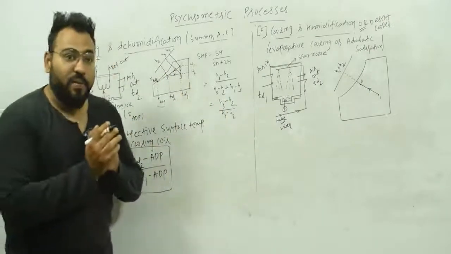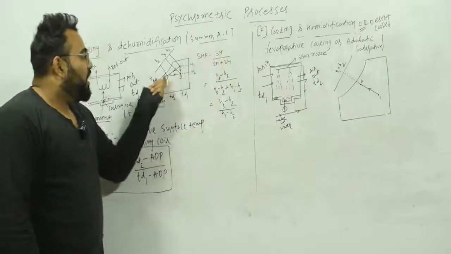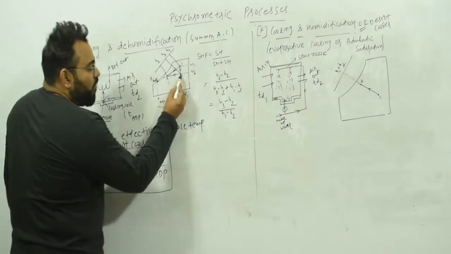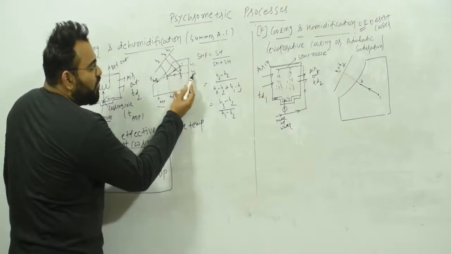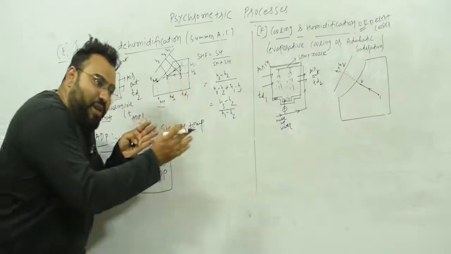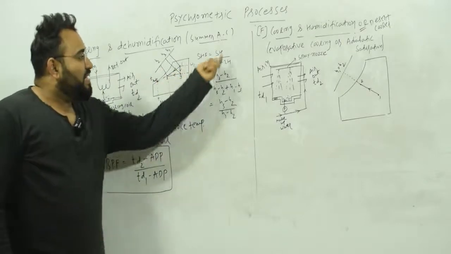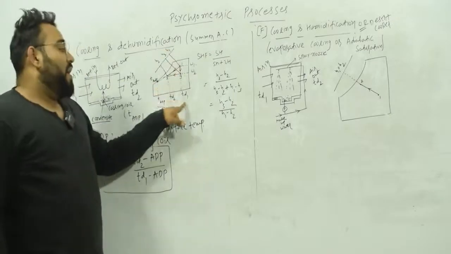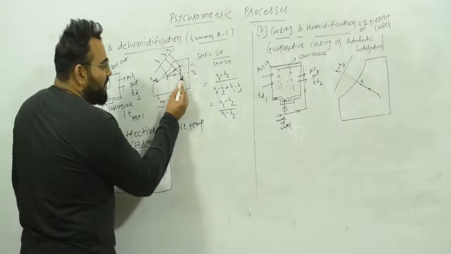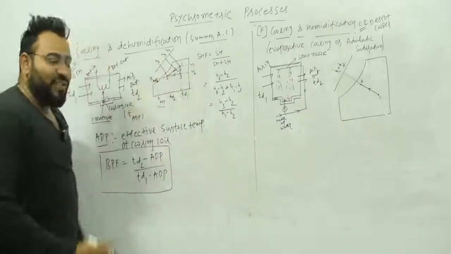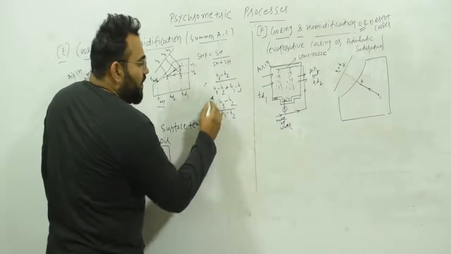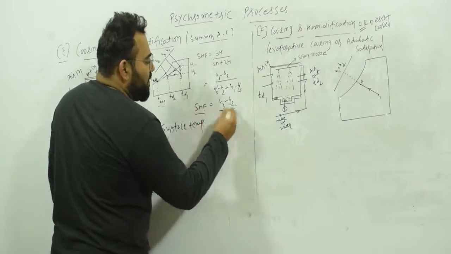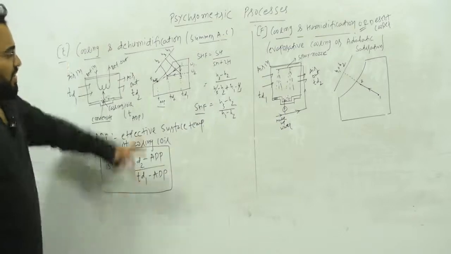Some of the students might have a question: sir, why have you considered only the 3 to 2 path for sensible heat? Because the condition for sensible is that the humidity must remain constant. For the cooling process 3 to 2, you can see that W2 equals W3, humidity constant. So that is what is known as sensible cooling: humidity constant but temperature decreases. And in latent, humidity decreases but the dry bulb temperature remains constant. That's why for sensible I have considered 3 to 2 and for latent I have considered 1 to 3. That is the logic. So H3 is going to be cancelled, and your sensible heat factor will be (H3 minus H2) upon (H1 minus H2). This is how you can find it.